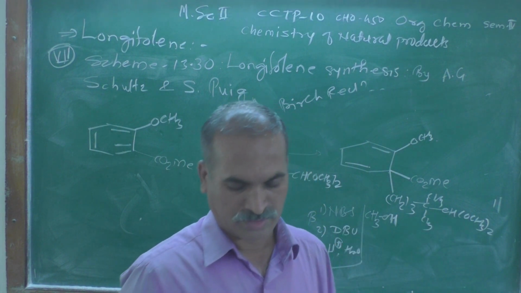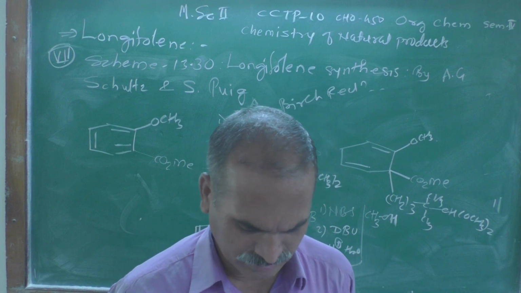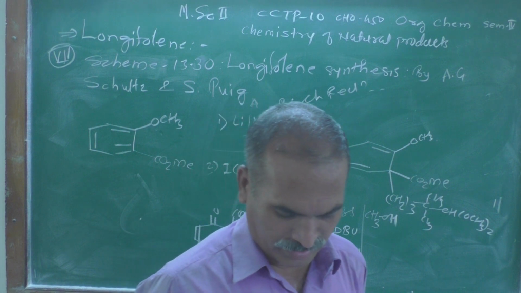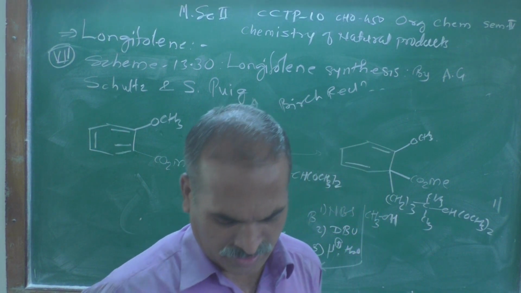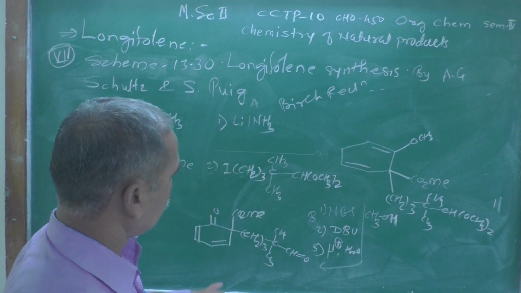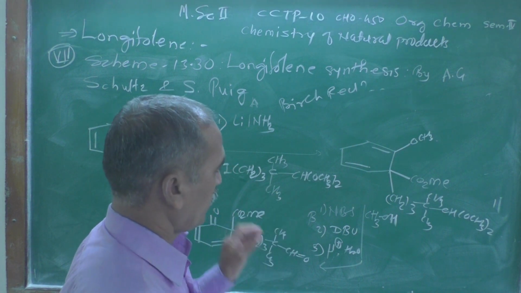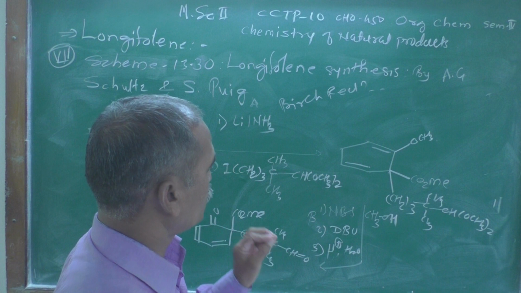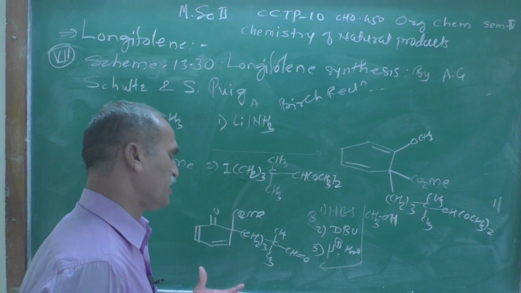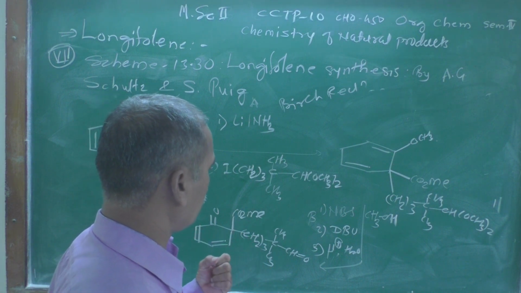This group converted into a most reactive group, an aldehyde group. CH double bond O means aldehyde group. Now this compound, as we know that NBS means N-bromosuccinimide, and it provides the source of bromine, and DBU is a sterically hindered base which can abstract the acidic